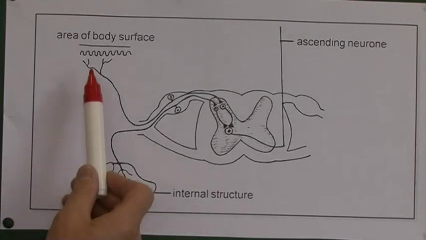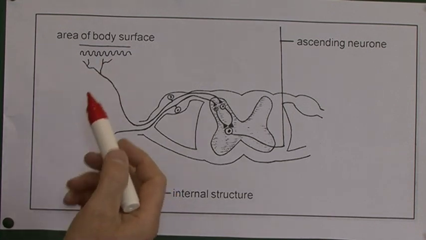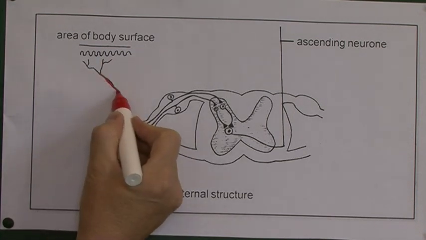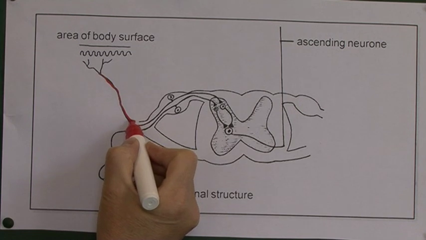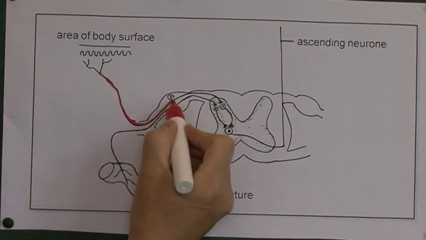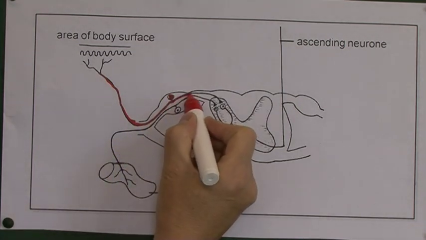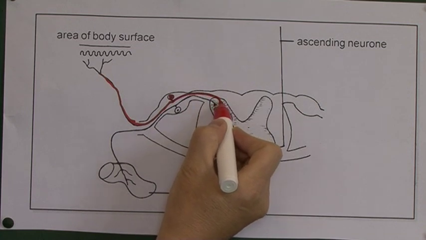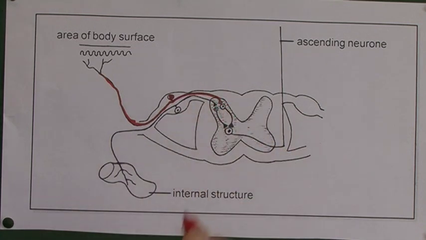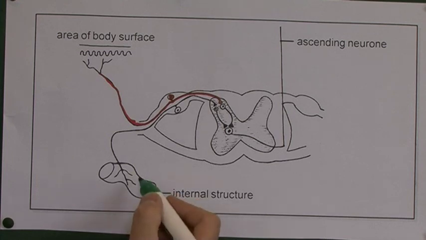So here we see a nociceptor in the dermis, following the afferent nerve pathway to the cell body and into the spinal cord, into the dorsal horn of the spinal cord. And the reason I put this diagram on is it actually shows a possible mechanism of referred pain. Because here we see an internal structure, could be the heart, could be part of the intestine, whatever it is,